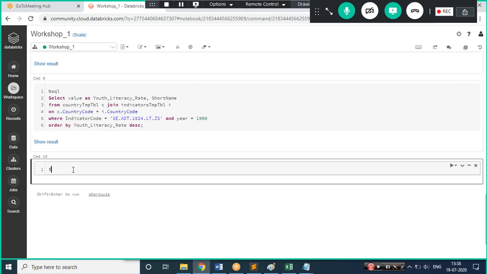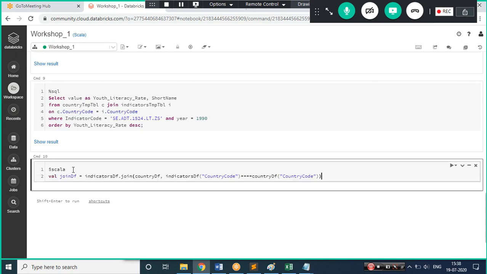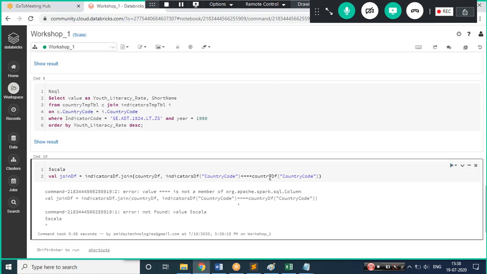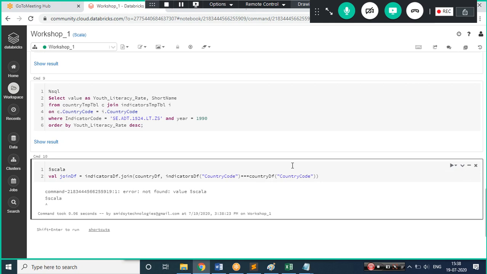Let me switch to my Scala mode and let me copy this and hit enter. As I'm not calling any action, it will be lazily evaluated and just kept. Why am I making so many mistakes? Okay, let's execute this again.